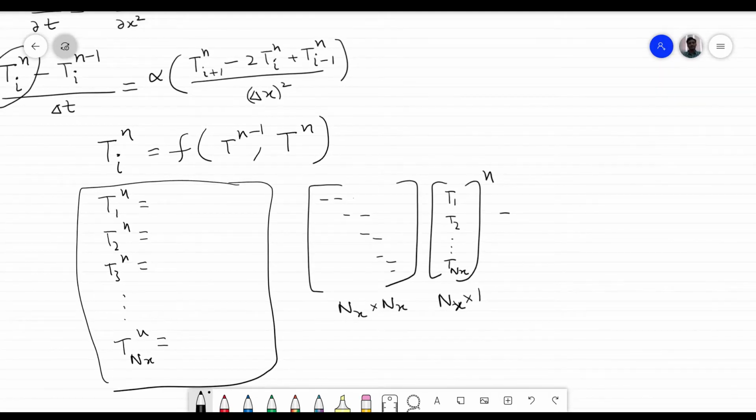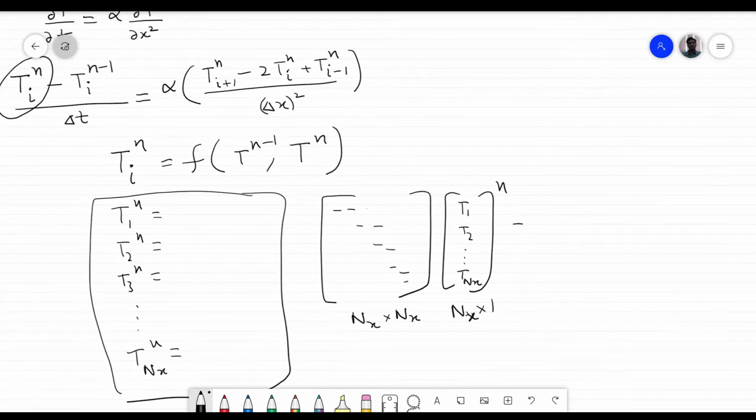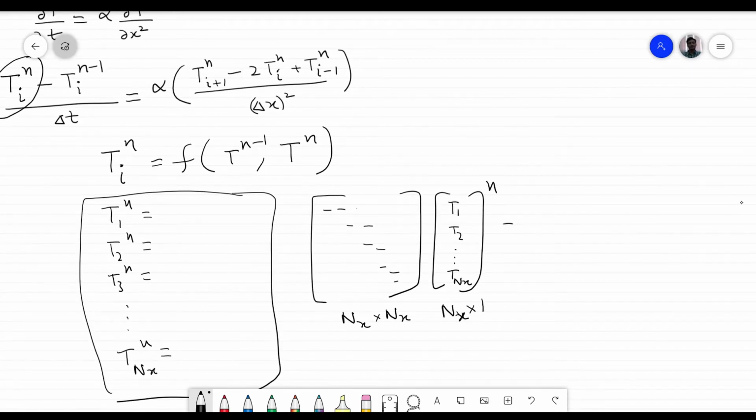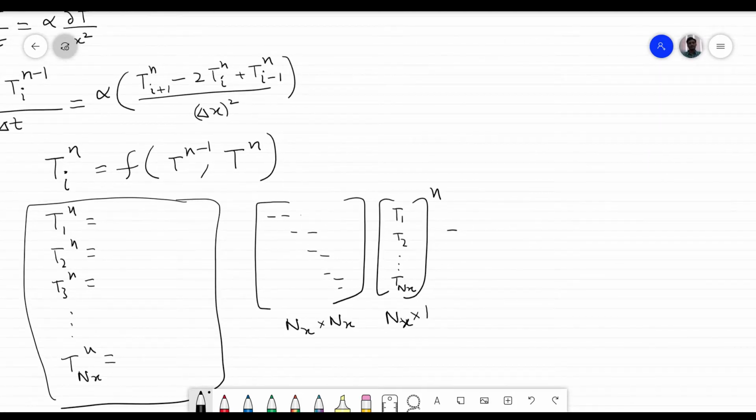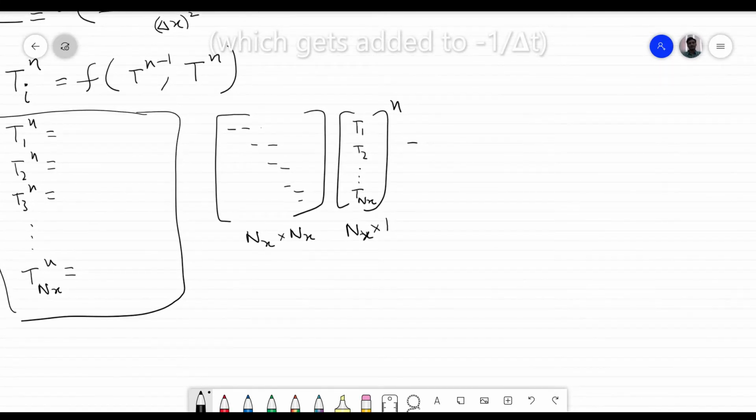So this coefficient matrix, you can see here that Tin has a coefficient of 1 by delta t, Ti plus 1 n has a coefficient of alpha by delta x square, Ti minus 1 n has a coefficient of alpha by delta x square, Tin has a coefficient of minus 2 alpha by delta x square. So all these coefficients come here